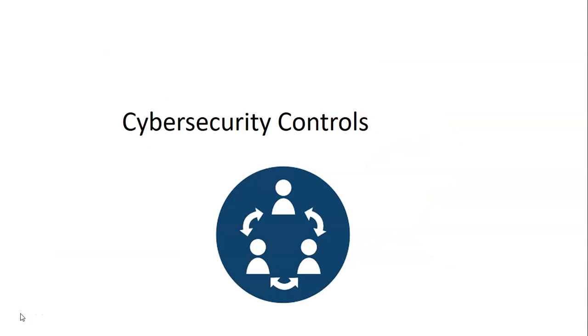What's a control? A control is a safeguard that limits the impact of a risk that crystallizes. Most times they limit the impact before the risk crystallizes. Okay. And they also limit the impact after the risk crystallizes. So let's go back to our web application firewall example. Remember I said